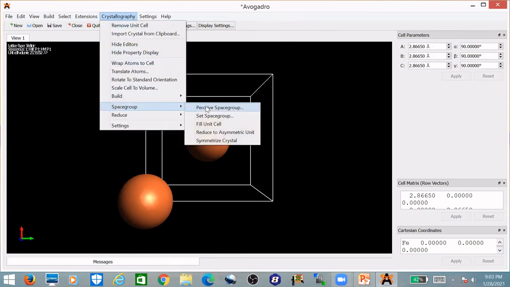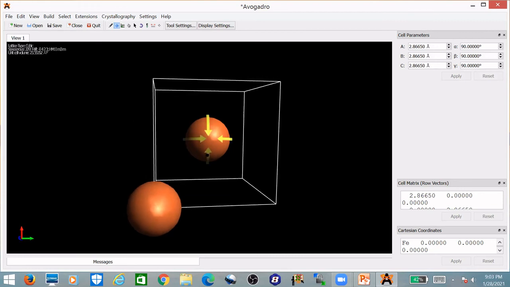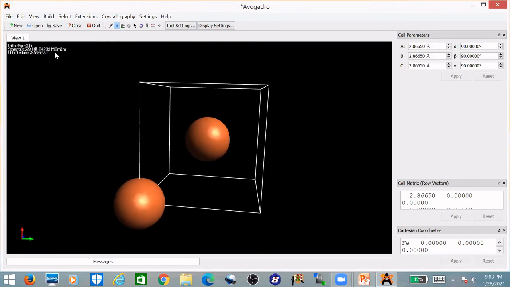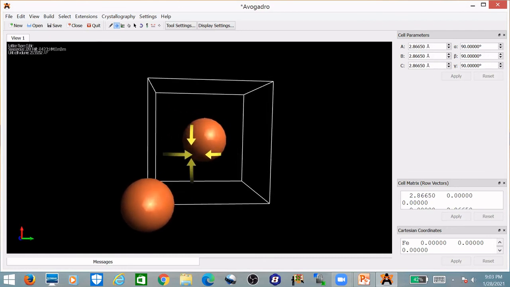Not done. Double click. Now it's fine. It's cubic, and again, 229 is the index number. And in this case, again, it is body centered and the same space group number. Fine.